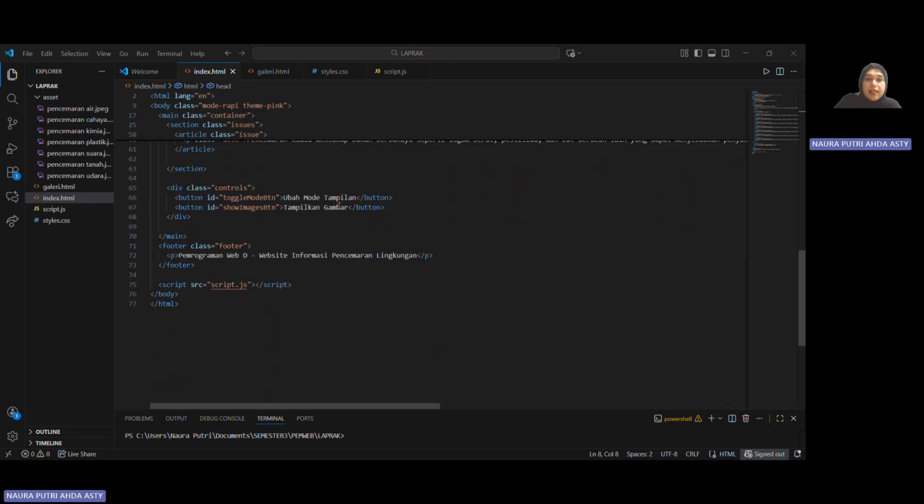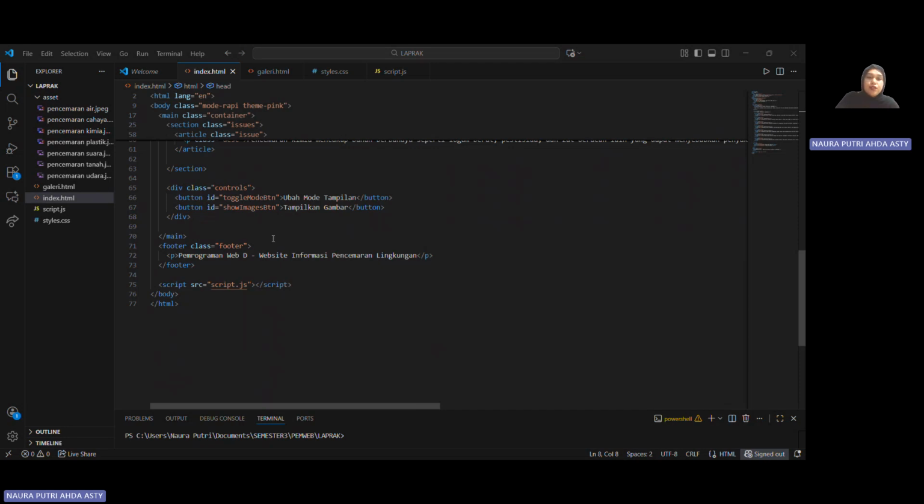The second one is a button to show the image of the pollution problems that we explained before, and this button will work using JavaScript in script.js.